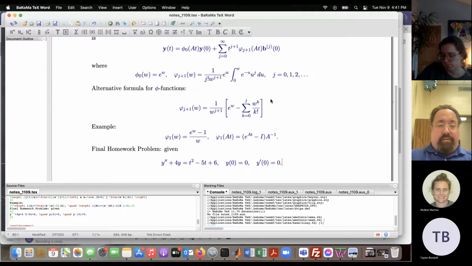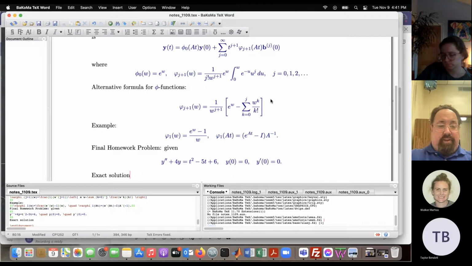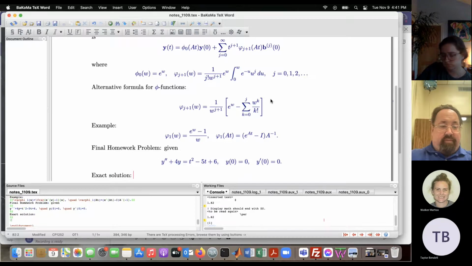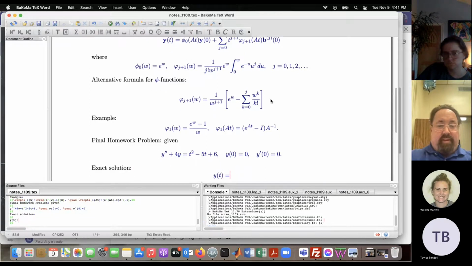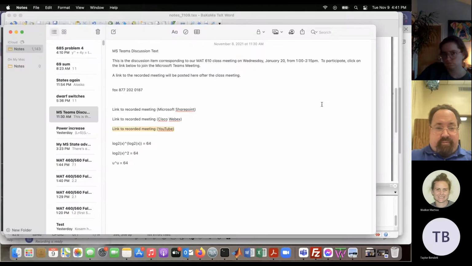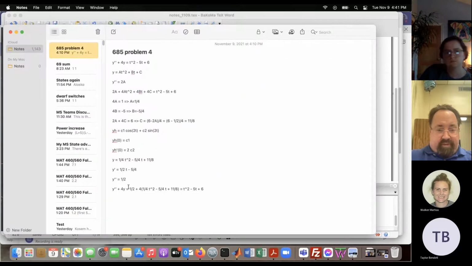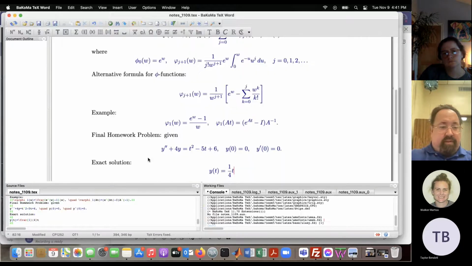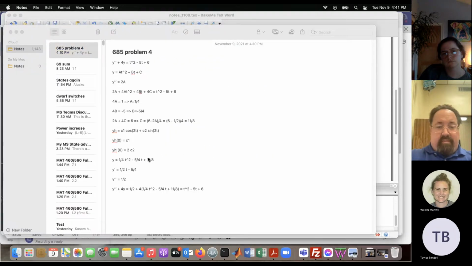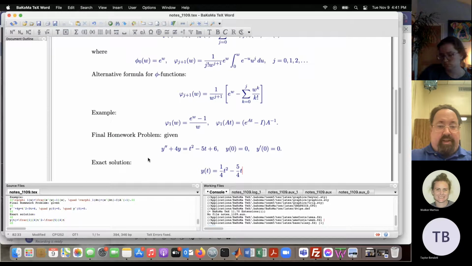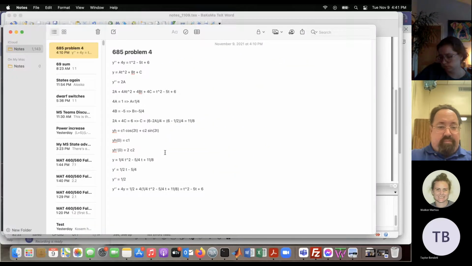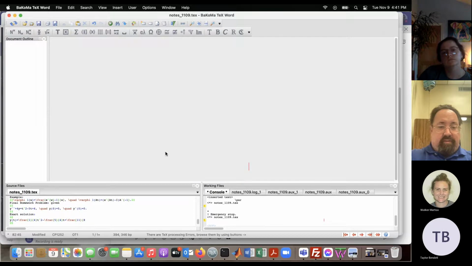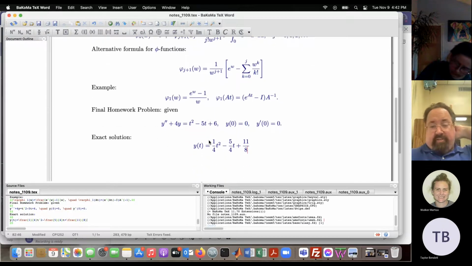And I'm also going to tell you what the solution is that I worked out just before class. Okay, so I have it in my notes here somewhere. So 1/4 t squared minus 5/4 t plus 11 over 8. And you can verify that this satisfies both the ODE and the